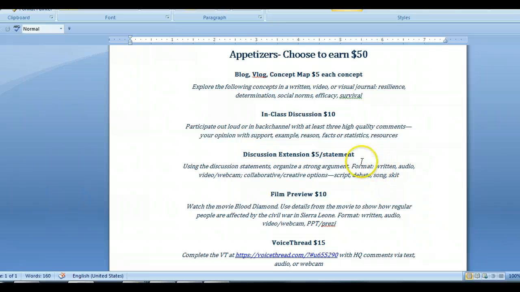And then the format is where I differentiate. They can write out their argument, they can speak their argument and record it, they can use a video or webcam. And I also add some creative/collaborative options because there are some students that will really go crazy and make something really special at this point in